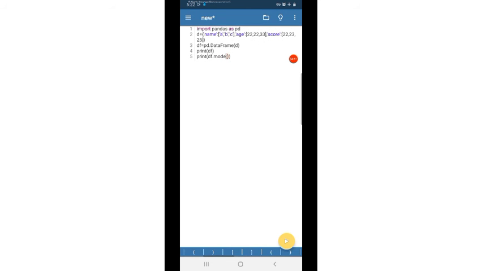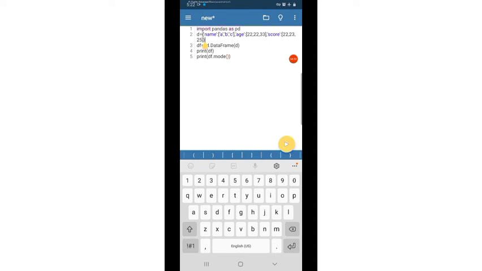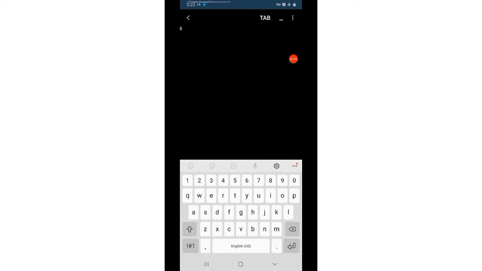Suppose we change the score here to 25, then there will be a change in the output. Here in the score column also the mode is 25.